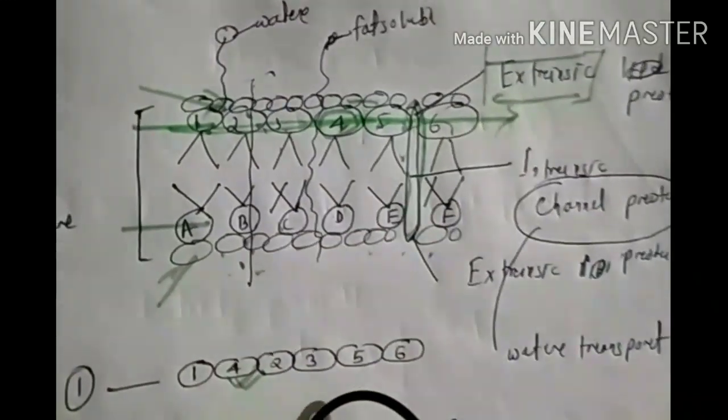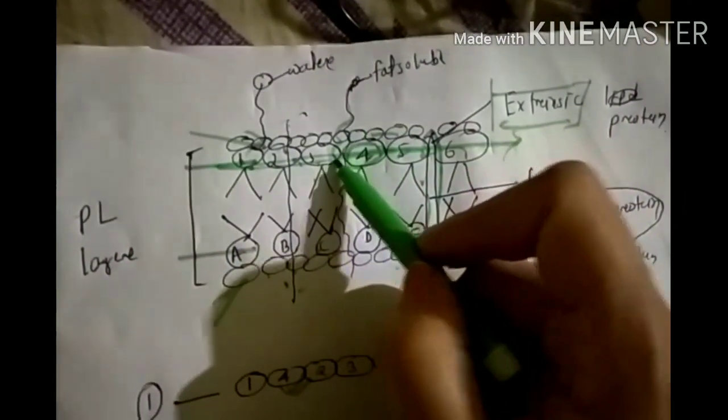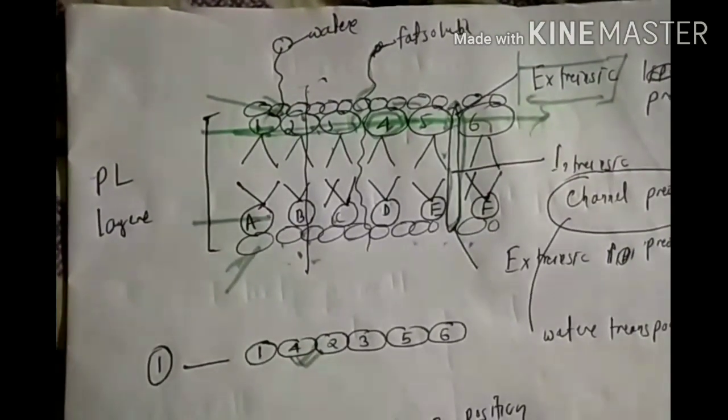I have mentioned that proteins are intrinsic and extrinsic in nature. Here we see the extrinsic protein and the intrinsic protein. Fat molecules can easily pass through it, like in the sandwich model and the unit membrane model, and according to the fluid mosaic model also, fat molecules will pass through it.